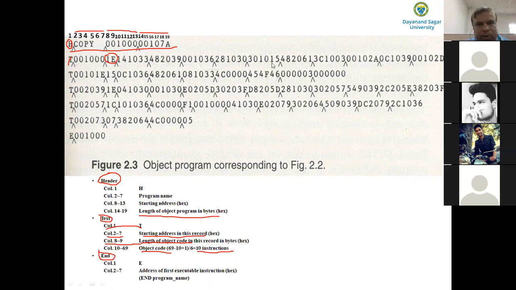Then after writing the object code in this text record, you take the length of the object code in this text record. Count the number of bytes. 14 is 1 byte, 10 is another byte. That means 1, 2, 3, 4, 5, 6, 7, 8, 9, then in hexadecimal A, B, C, D, E, F, then 10, 11, 12, 13, 14, like that. Then you will get the length of the object code in this text record as 1E. Then you write it here, from column 8 to 9, you write